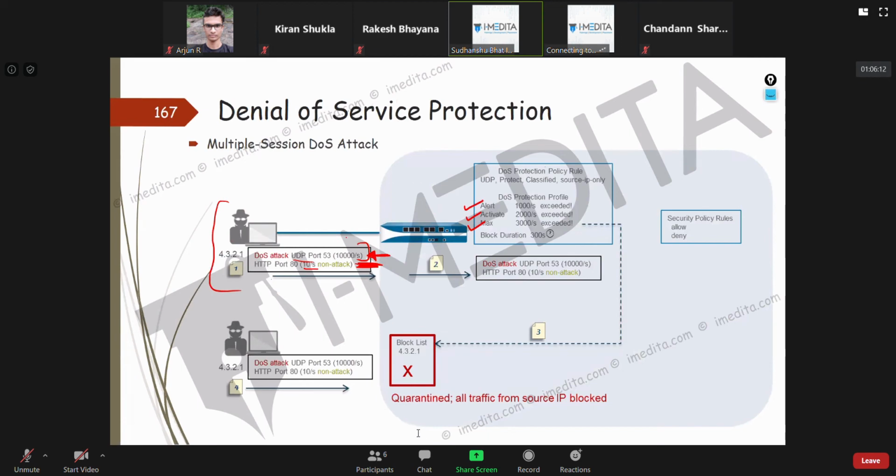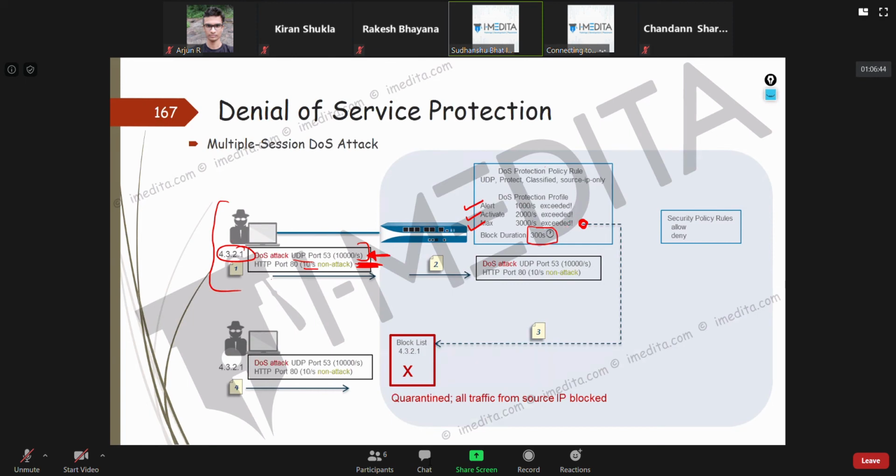So suppose this guy starts sending 10,000 packets per second. Obviously it has exceeded the max threshold. Once it has exceeded the max threshold, there is a timer for which this IP address will be blocked. What happens at alert and activate, we'll discuss later.